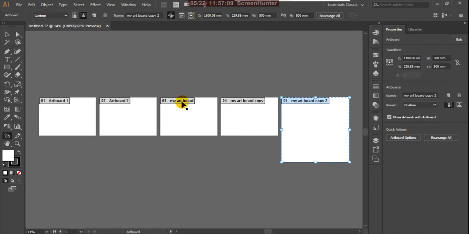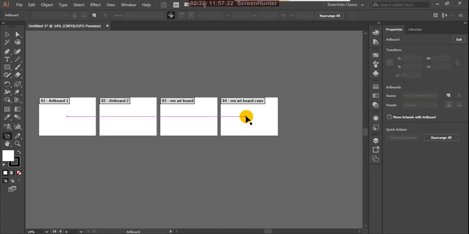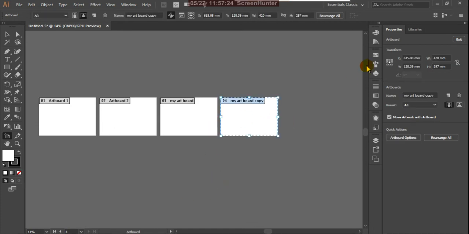So artboards, generally sometimes you want to work with a number of pages, a number of artboards. Okay, so in that case you have to create them, or otherwise, if you don't want them, you can remove them also. Okay, the same way here the panels, beside the layer panel there is an artboard panel.